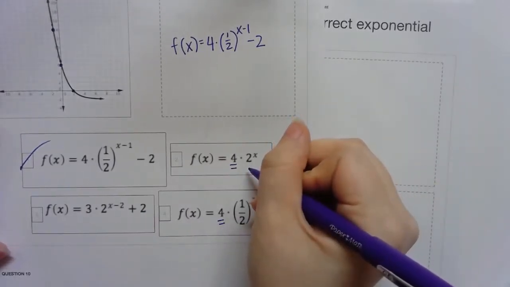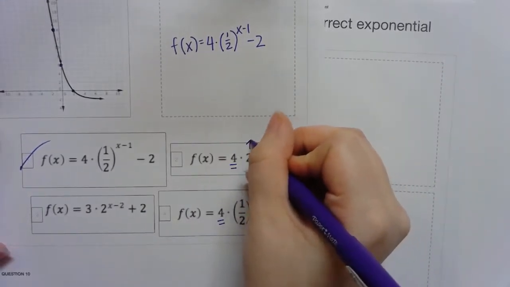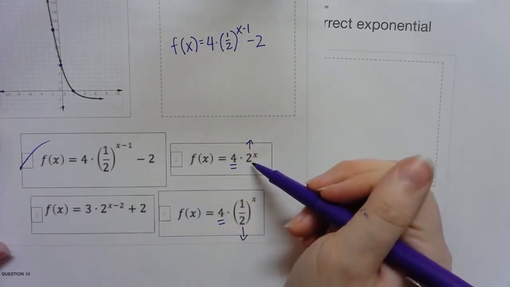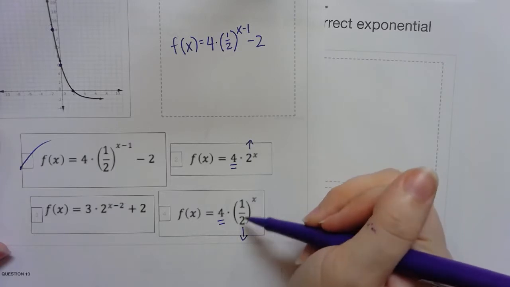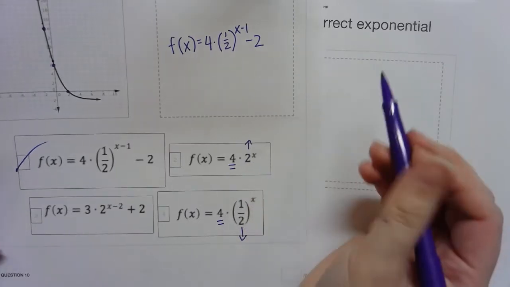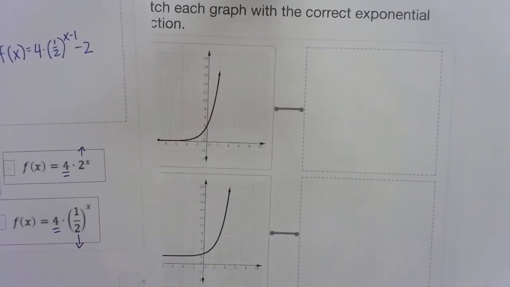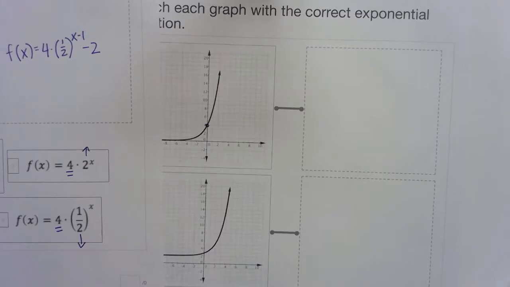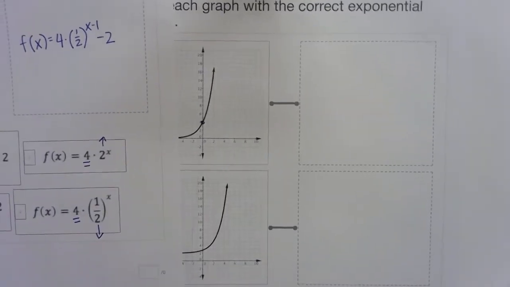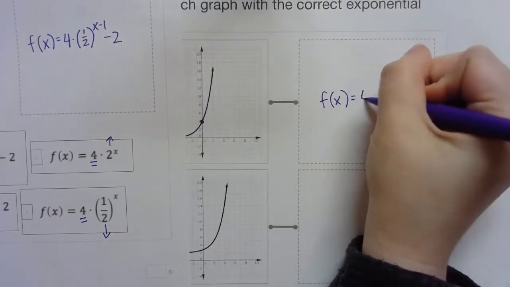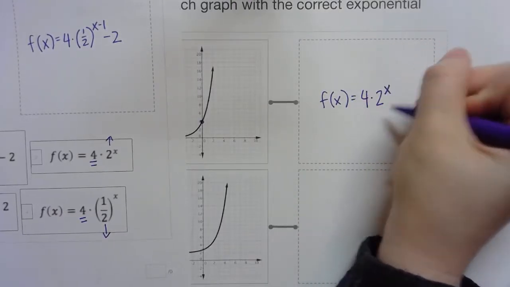Except I know because of this 2, this one's going to be increasing, and this one's going to be decreasing, because this 2 is bigger than 1, and this 1/2 is less than 1. So they're both going to cross at 4, but one is increasing and one is decreasing. So this one crosses at 4, this one crosses at 4. The one that's increasing is going to be f of x equals 4 times 2 to the x because